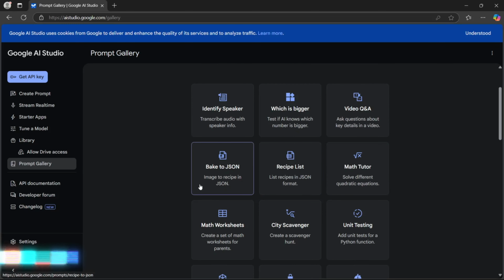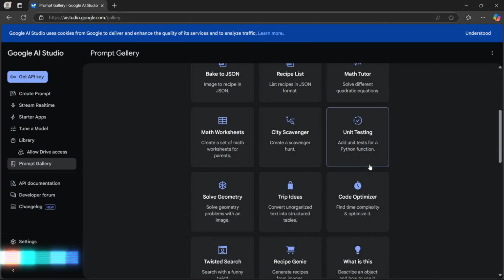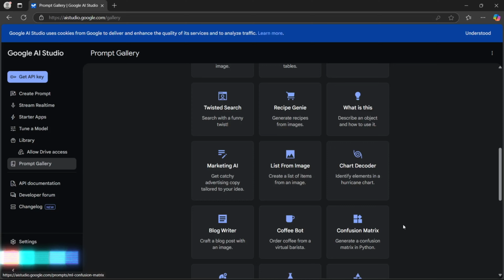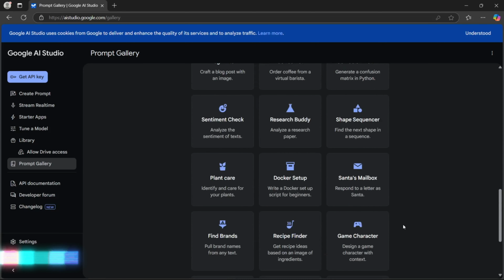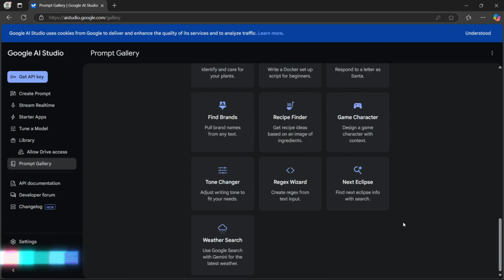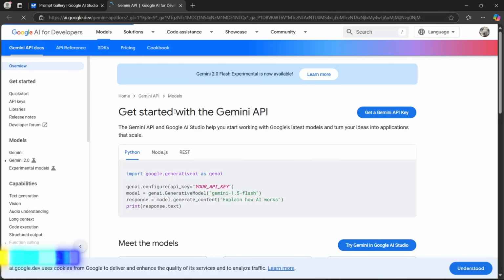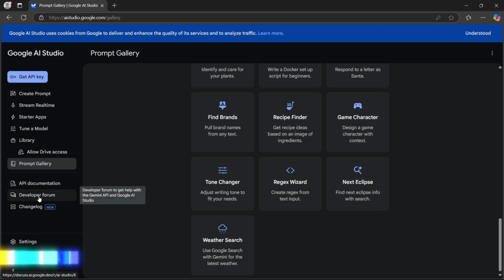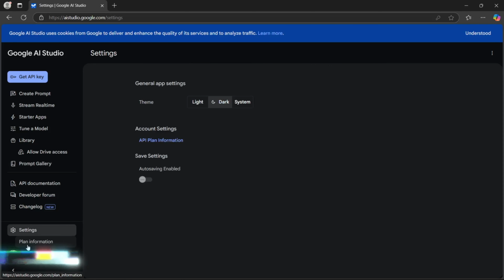For example, I use it for unit testing. So here there is an example for unit testing. I don't like to do unit tests, so I like to just share my screen, show it the code, and give the context of the application, and I'm gonna get my unit test done. Okay, so documentation, there is developer forum, and the app settings here, light, dark, and so on,